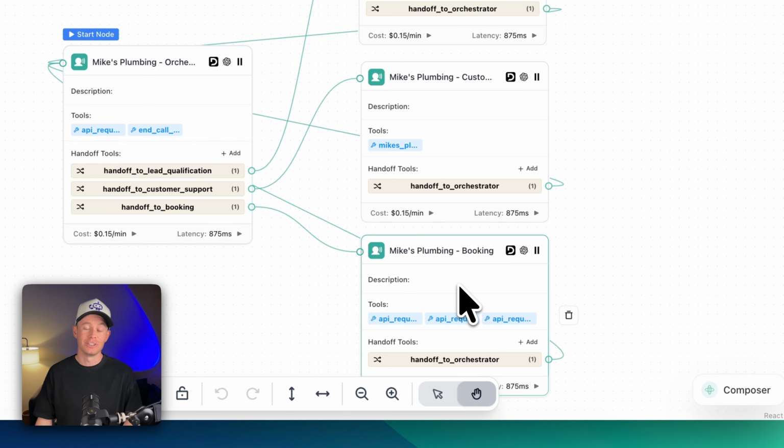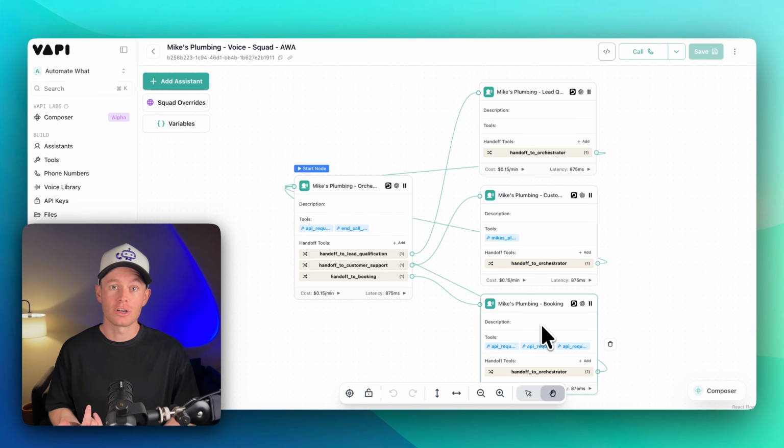It's our booking agent. It schedules service calls into the calendar. It can determine if it's an emergency service call and the technician needs to be out within 1 hour. It can determine if it's just a standard service call for non-urgent matters. So think of like a 4-hour extended service call or a 2-hour extended service call, etc. I'm going to do a quick demo with you guys, and then after the call, we're going to go through and I'm going to show you how this is all built out and configured.